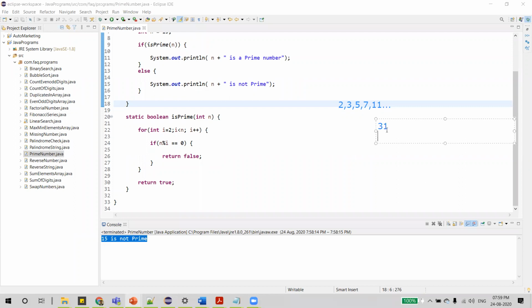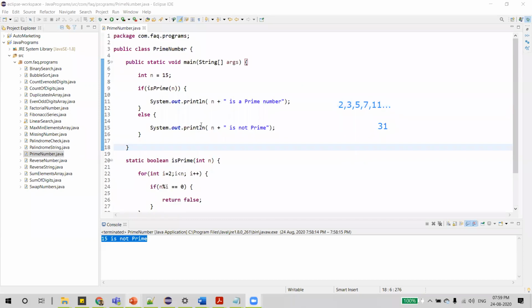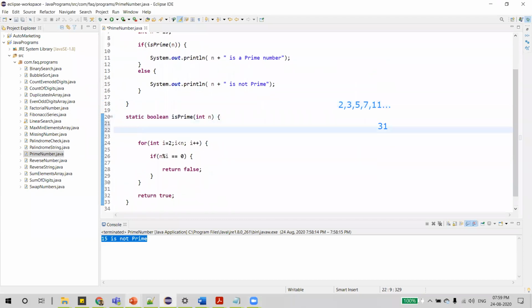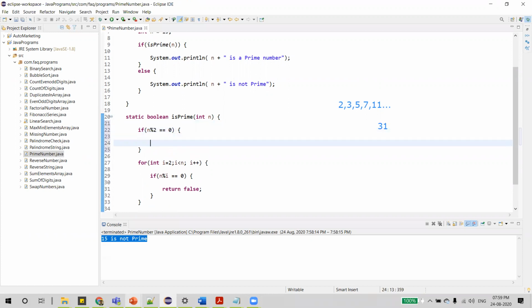Say, if there is a number 31, or let us actually start with even numbers. Any even number is divisible by 2 clearly. So what we can do here is write a condition: if a given number is even, we'll directly say it can't be a prime number.